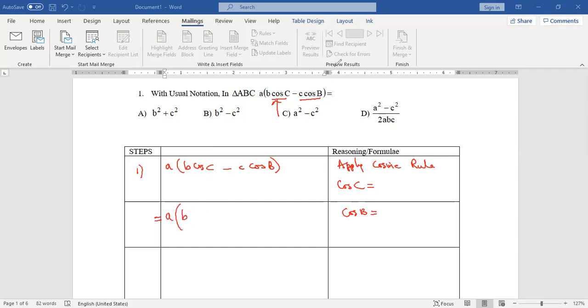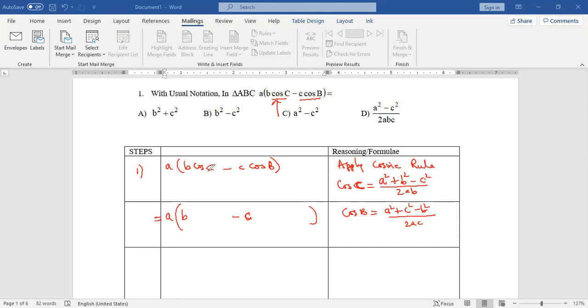a into b, इधर cosine rule डालना है, cos C. Small letter c है, cos C का फॉर्मूला (a square plus b square minus c square) upon 2ab. Cos B का फॉर्मूला (a square plus c square minus b square) upon 2ac. Have you noticed the formula type? C comes negative c square, बाकी सब में a and b. इधर a square, b square, इधर भी a and b. B आएगा तो minus b square होगा, बाकी सब a and c में होगा.